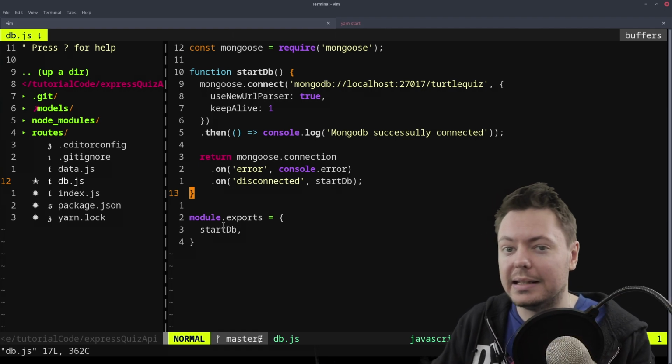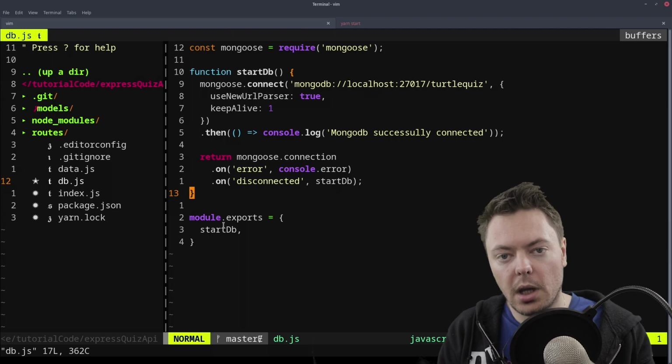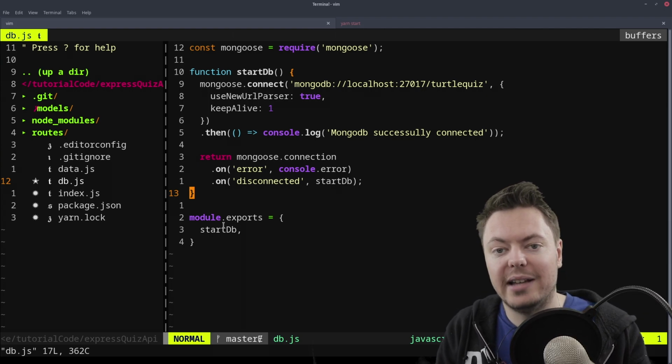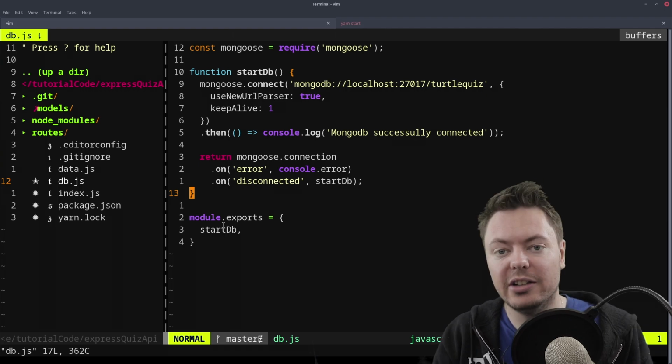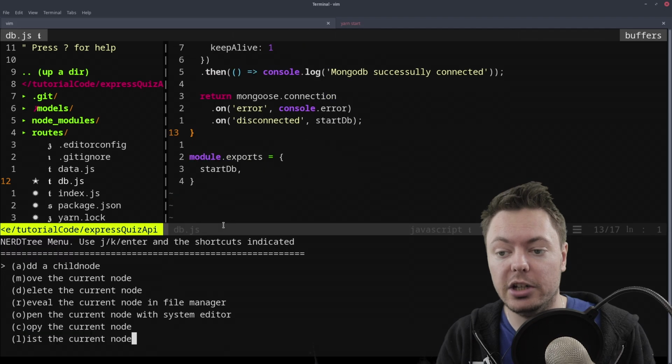We have the ability to connect to the database when we want to, and we've got a nice pipeline where the Express app only spins itself up when we have a database connection. So the next obvious thing to do is take the data that we've got in data.js and put it into the database. That's often called a migration or a data migration. So we'll do that by creating a migration.js